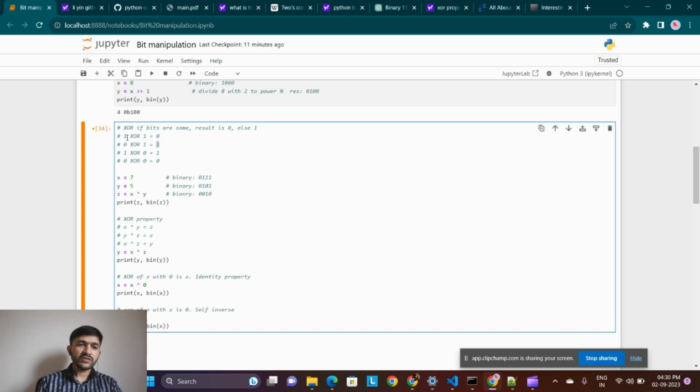Okay, toggled. So it was 1. If I XOR 1 with 1, it becomes 0. If I XOR 0 with 1, it becomes 1. Okay, and if I XOR any binary number with 0, the original bit remains the same. So if I XOR 1 with 0, it remains 1. If I XOR 0 with 0,